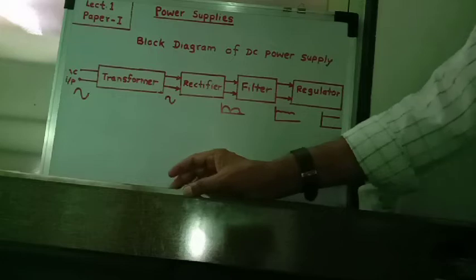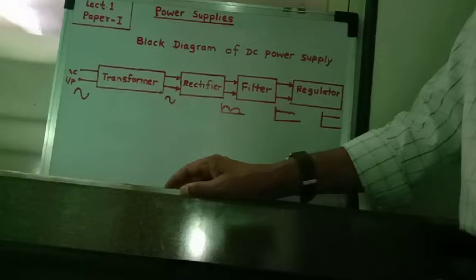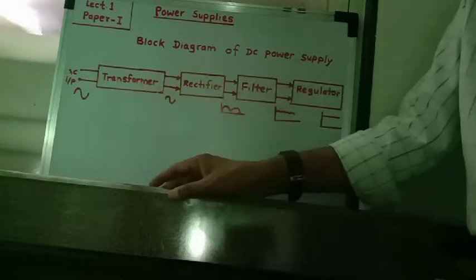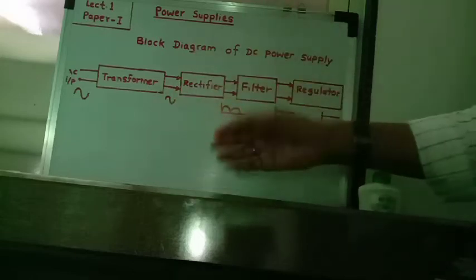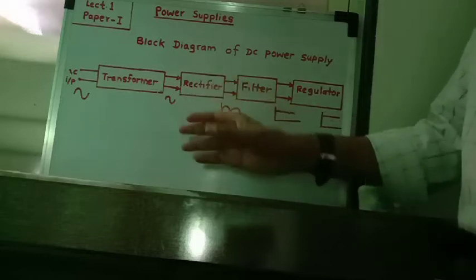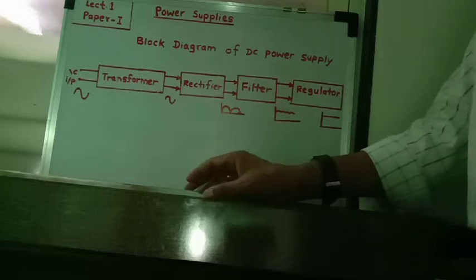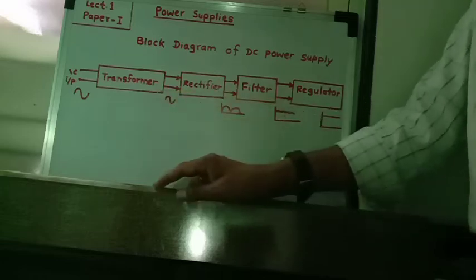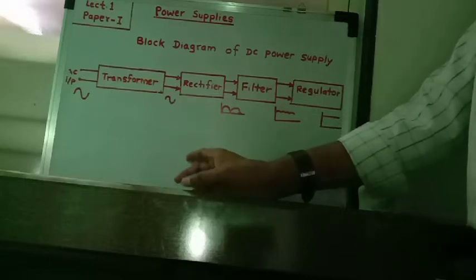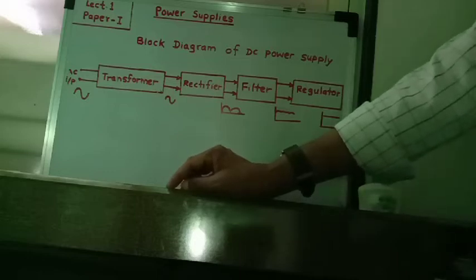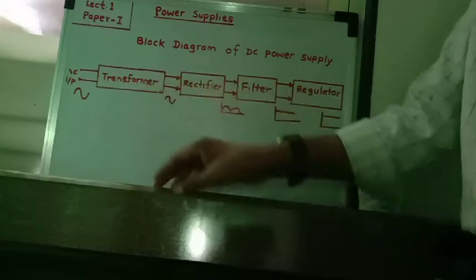These transformers are of two types: step up transformer and step down transformer. A transformer has two types of windings: primary winding and secondary winding. Voltage is induced into the secondary, and this secondary voltage is AC. In a step up transformer, secondary voltage will be more than primary voltage. But in a step down transformer, secondary voltage is less than primary input voltage, because the number of turns of the secondary coil is less than the primary coil.